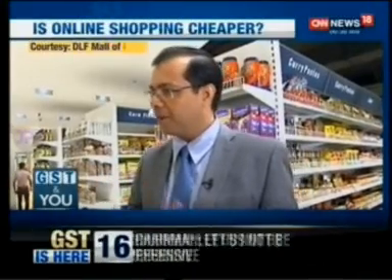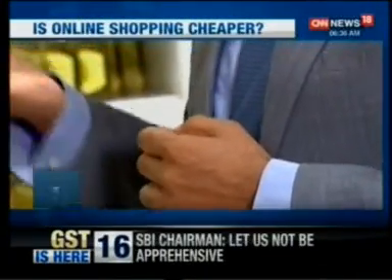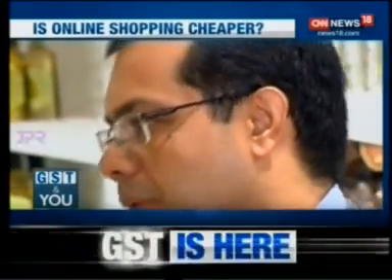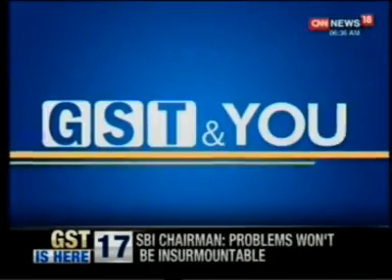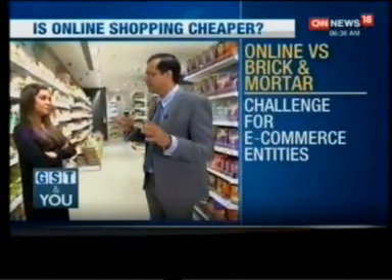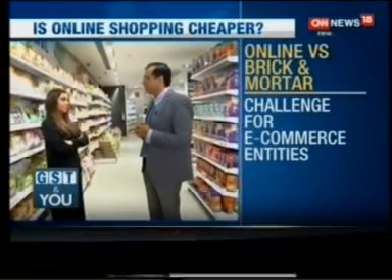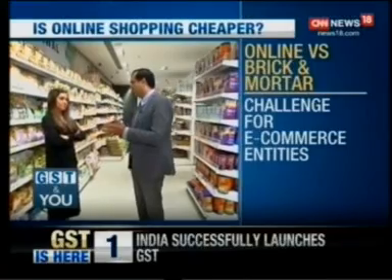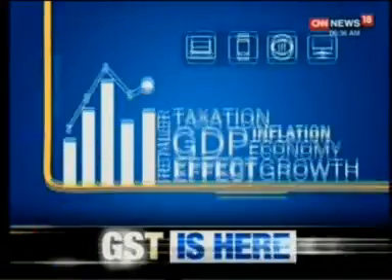For the platform operator, which is different from those who are selling on e-commerce, those who run the e-commerce platform, again, there are certain other provisions. So life will be a little more complex for them as we move forward. But there will be largely a level playing field that will start happening. And net, if you ask the question, will it be cheaper to buy online versus offline, ceteris paribus, keeping